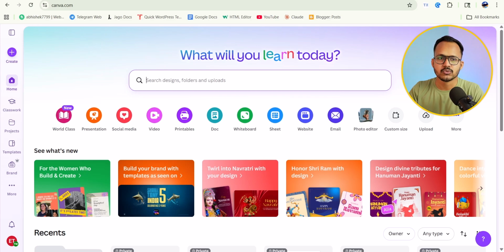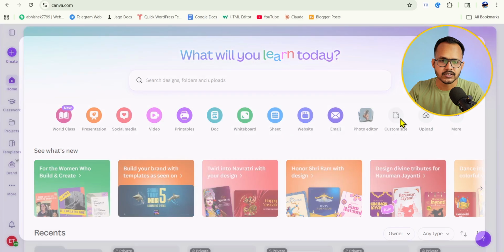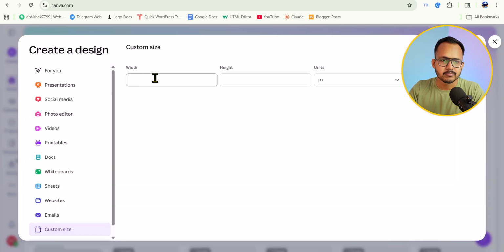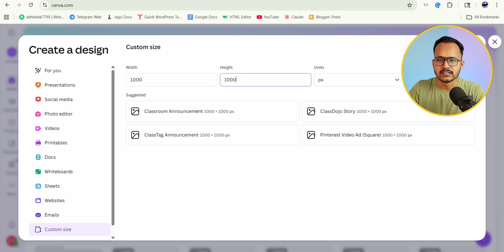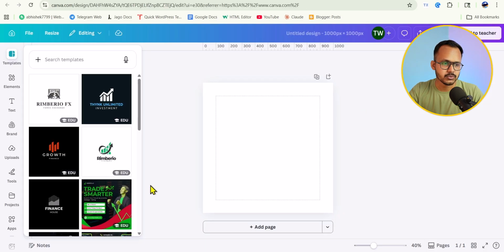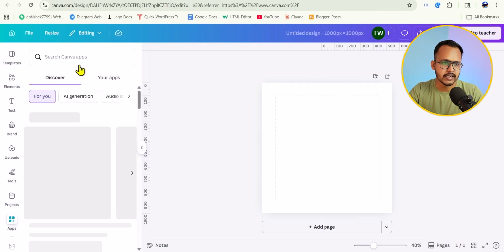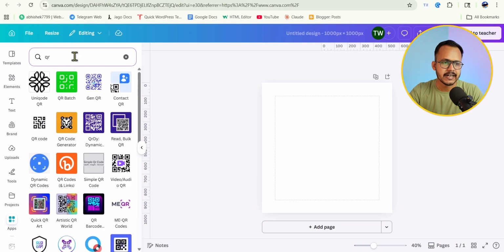So for this, you can just log into Canva and you can create a custom size here. So here let me set the width to 1000 and set the height to 1000 pixel, and let's create a new design. Now you need to go to the app section and simply search for QR,